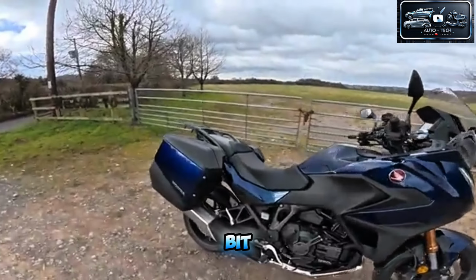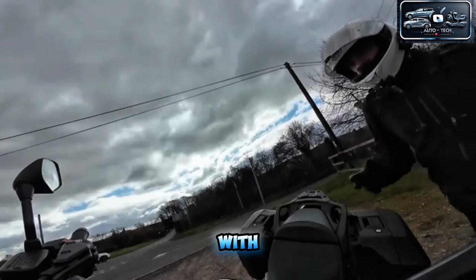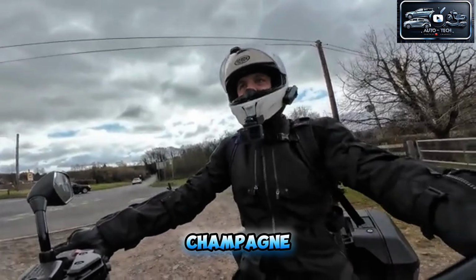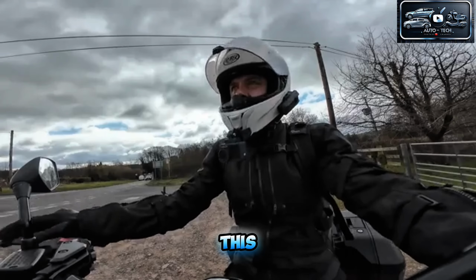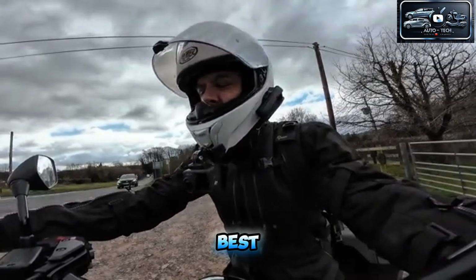They've cleaned it up a bit at the front end for this year, so they've given it indicators that are integrated with the daytime running light at the front. They have tweaked the bodywork. There's also a champagne kind of paint job, which I think suits it best as well. The black looks a little bit plain for me. This blue's all right. The champagne I think looks good,